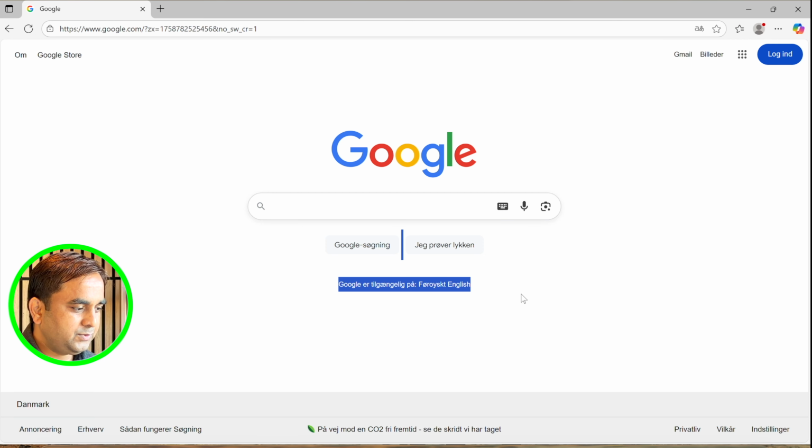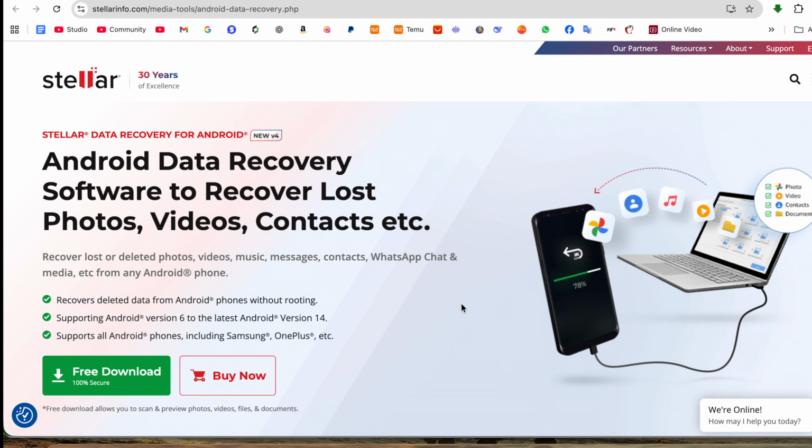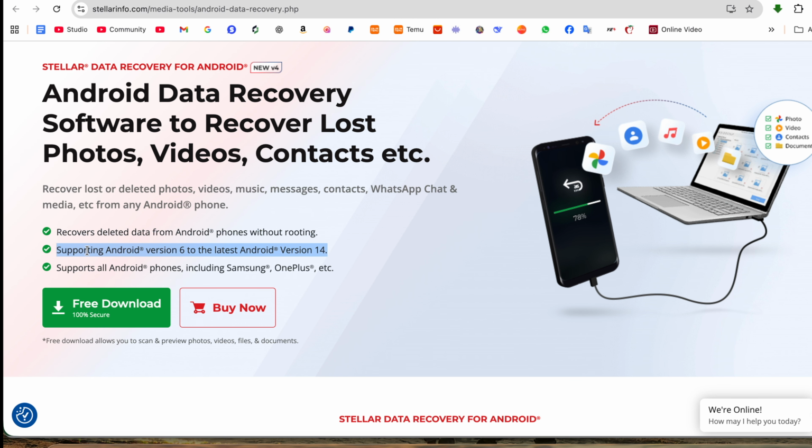First of all, you just simply open Google and type here Stellar data recovery. The first link is displayed here: the Android data recovery software to recover lost photo, video, contact, music, message, WhatsApp chat, media. Here all types of information are available. It supports Android version 6 to the latest Android version 14 and supports all types of Android phones including Samsung, OnePlus, and